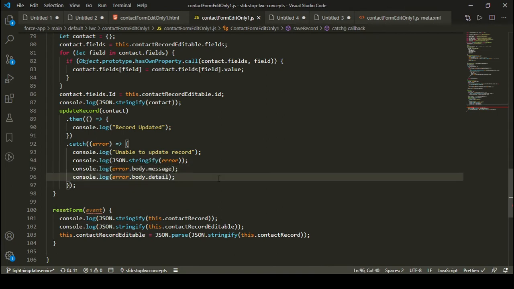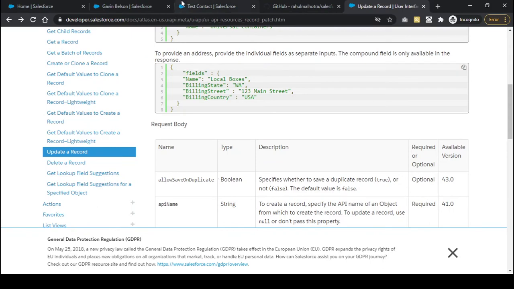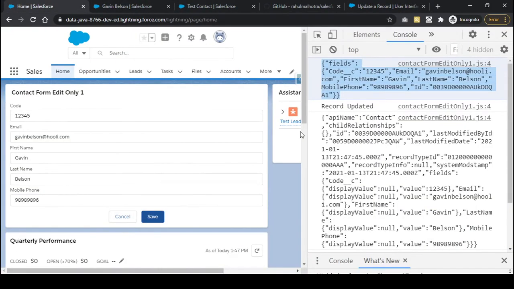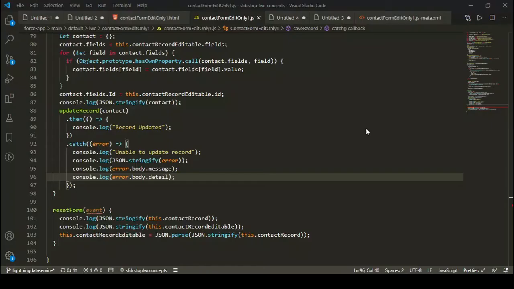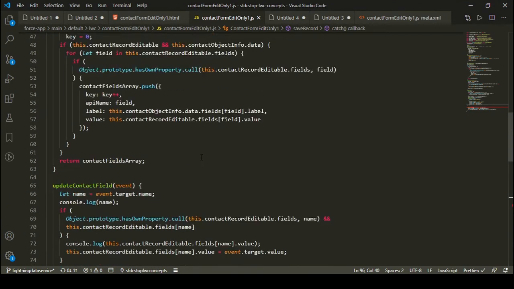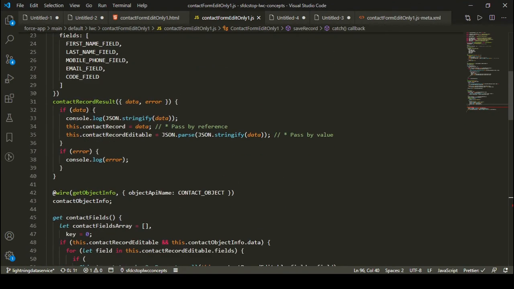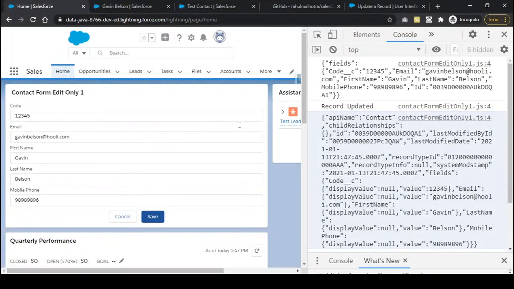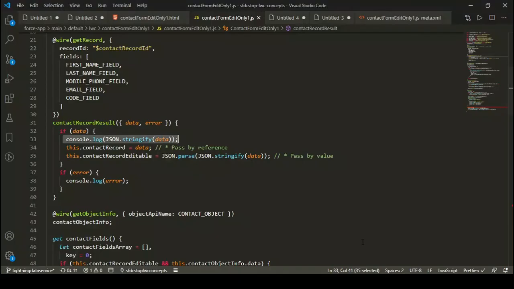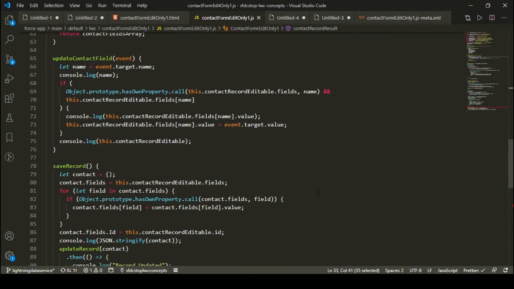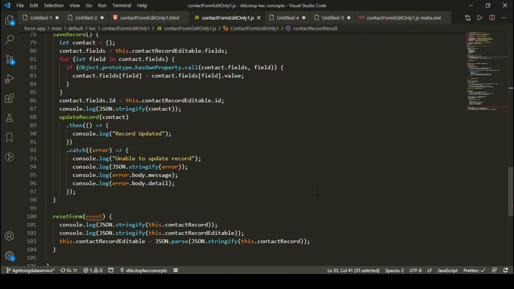Okay. So let me just show you in case of an error what happens. As we have already seen the success message that the record is updated successfully, and this is nothing but I think the load method is again called. So that is why we are getting another console.log, and we are most probably getting this from this particular load method. Okay, so yeah, that's it. In case the record is updated successfully, it's fine.